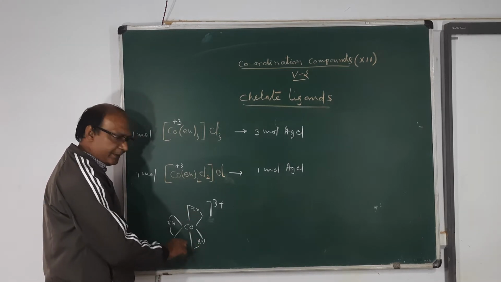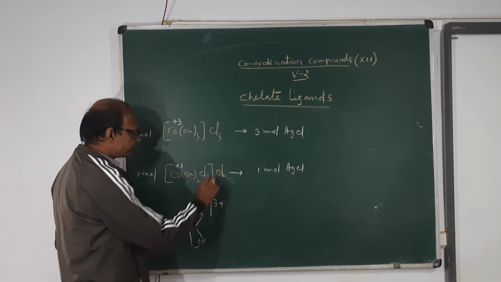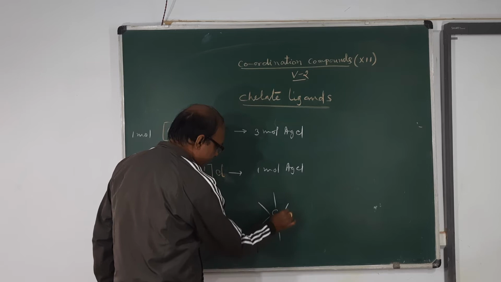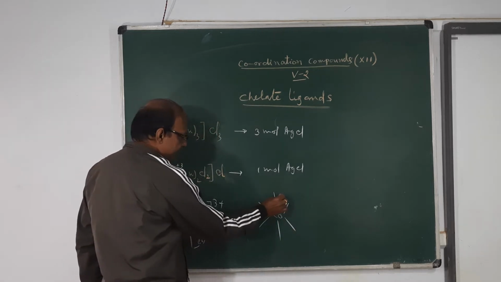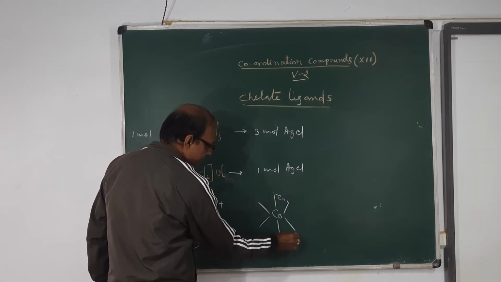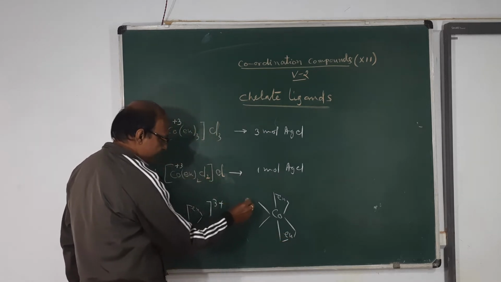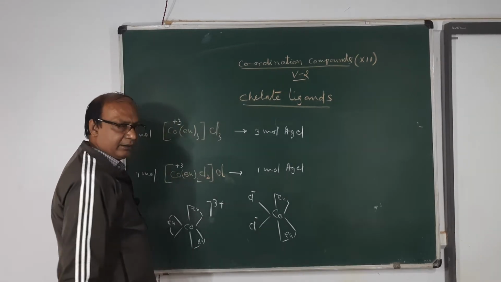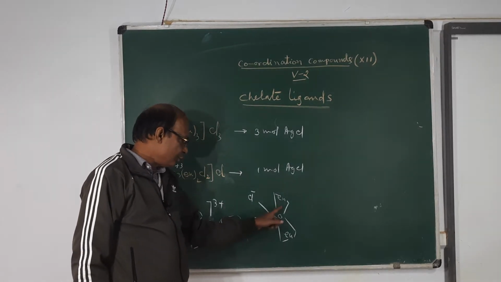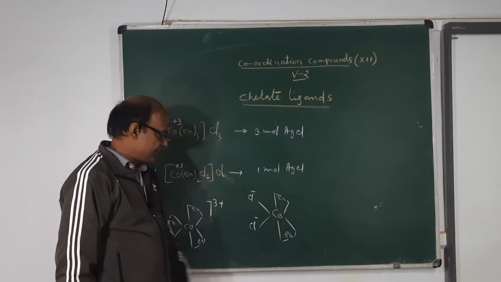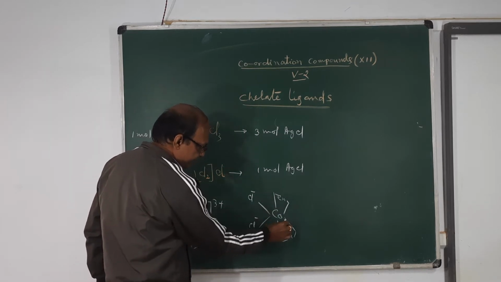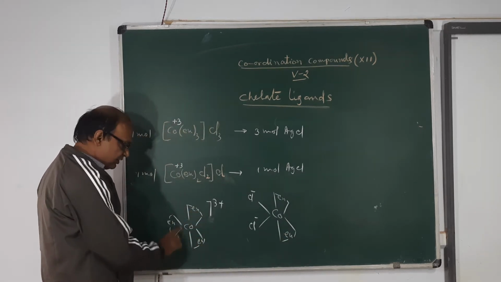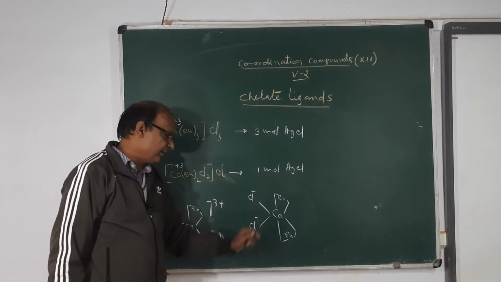That arrangement is a definite arrangement, octahedral arrangement. In this case, the arrangement is like this: 1, 2, 3, 4, 5, 6. There are two En, and there are two chloride ions, Cl minus. So see, it is also octahedral, but with two chloride ions and two En ligands. So here is a ring, here is a ring, two rings; here is a ring, here is a ring, here is a ring, three rings. So here the chelate effect is more, here the chelate effect is less.